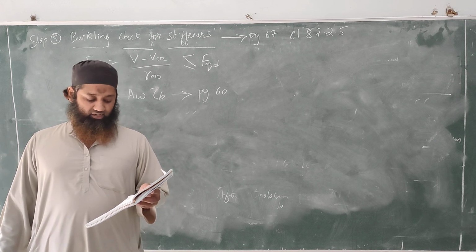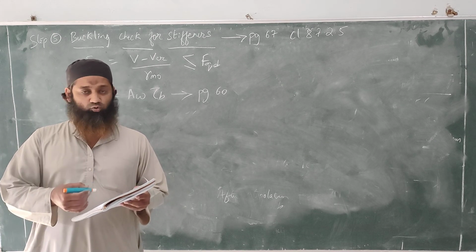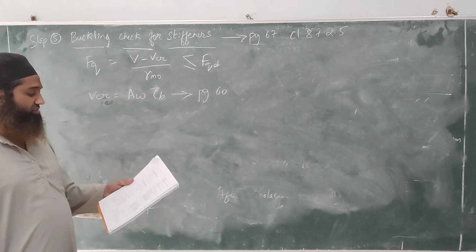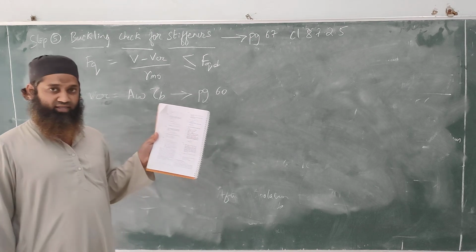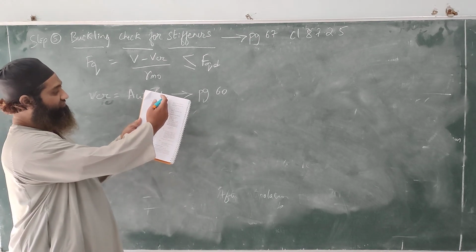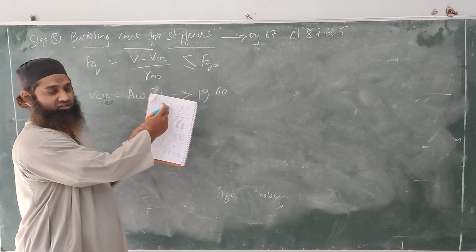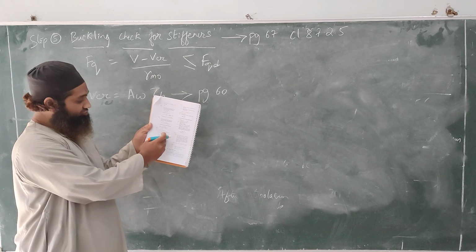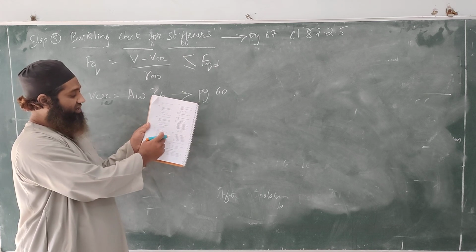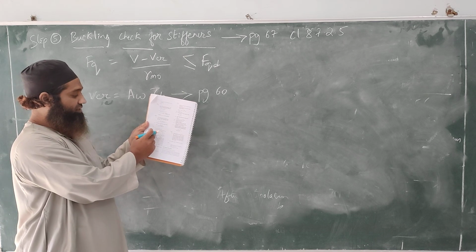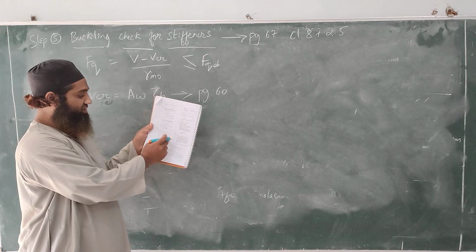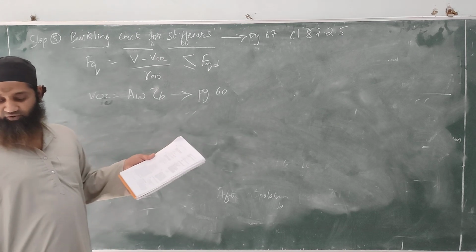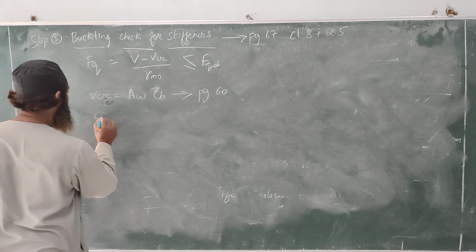Let me open this code book, and you will see how I am calculating this. In this page 60, as he has started from here, area of web into tau b, and a sequence has been given. Here we'll have to start from here. What is c by d value? If it is less than 1, we'll have to calculate kv; if it is greater than 1, we'll have to calculate kv with a different formula. Different formulas have been given here. I'll just start from here. What is c by d?